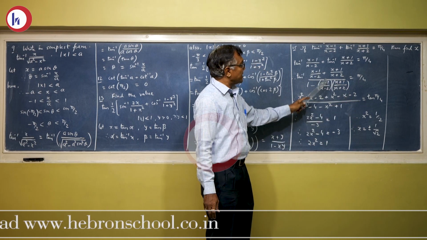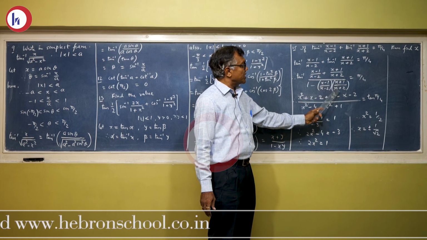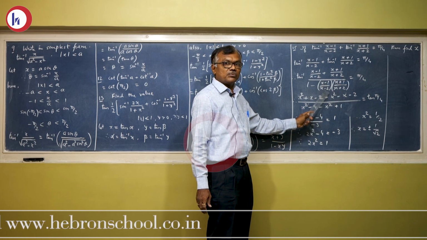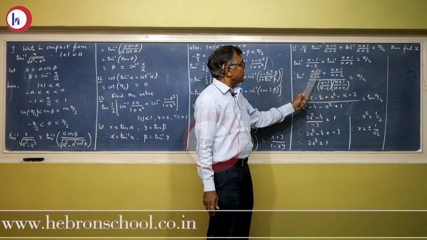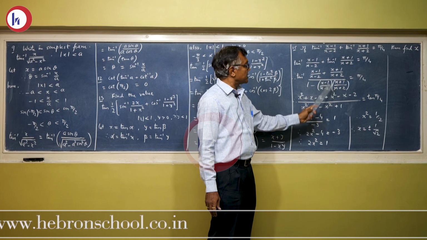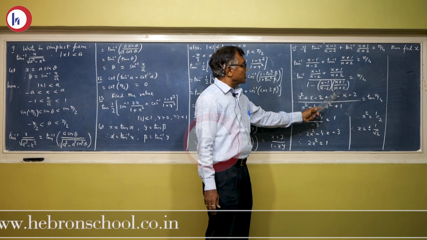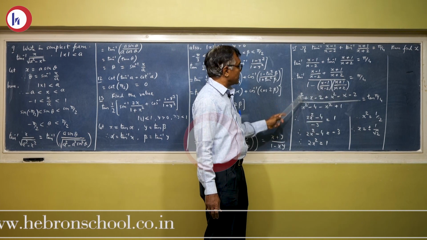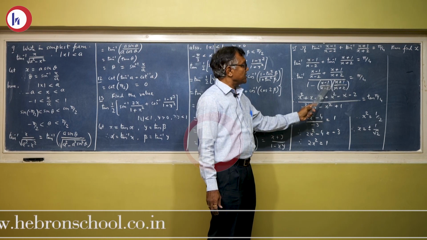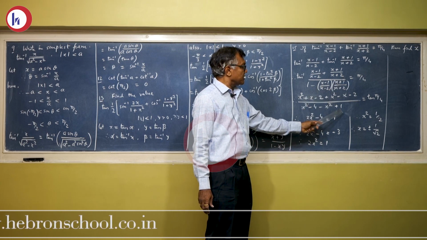Now simplifying this, x minus 2 into x plus 2 is the LCM in the numerator, and x minus 2 into x plus 2 is the LCM in the denominator. After taking the LCM, both cancel from numerator and denominator. This multiplied here becomes x square plus x minus 2. This multiplied here with plus sign. So this becomes this, upon x minus 2 into x plus 2, which is x square minus 4, multiplied with 1. X plus 1 into x plus 1, x minus 1 into x plus 1 is x square minus 1. Here outside is minus, so minus x square plus 1.